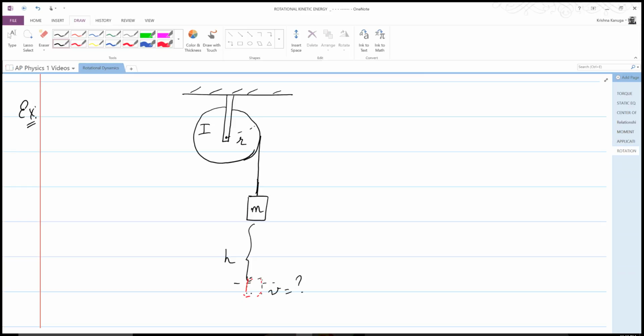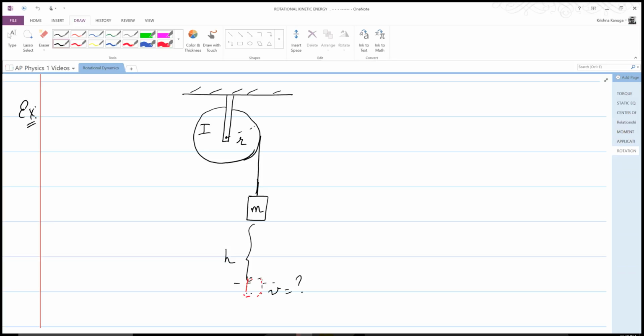So you can do this problem using torque and forces and everything, calculating alpha like we did in the previous case, and then because this mass m is simply going straight down, we could use 1D motion to figure out its speed at a height h. But that would require, as you see, a lot of stuff.